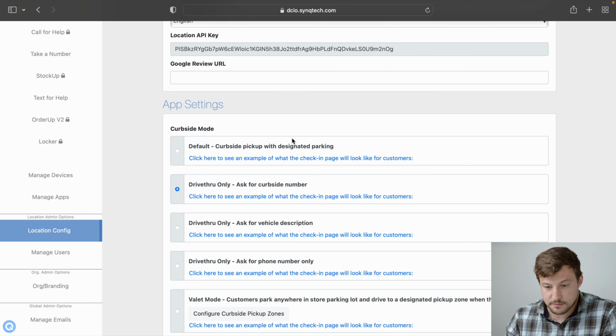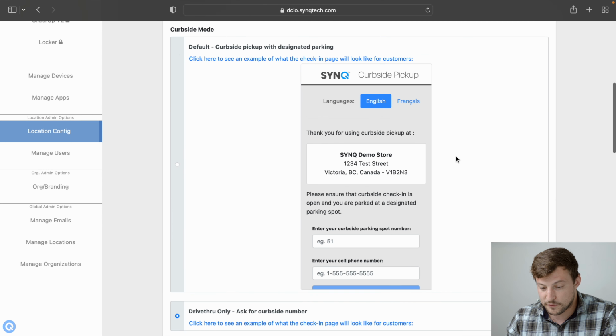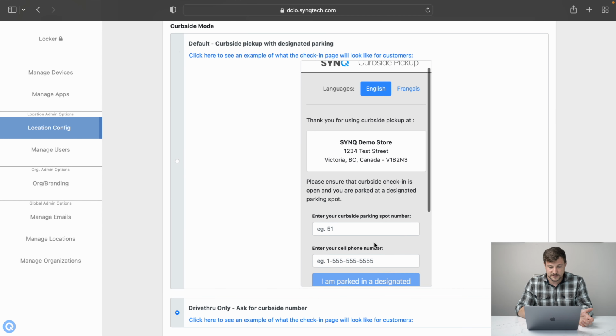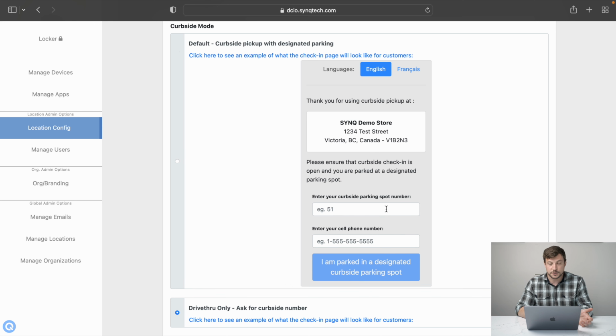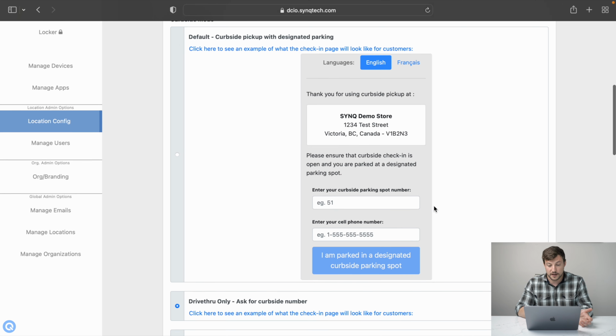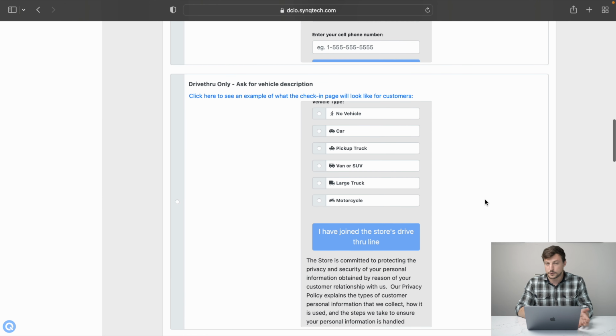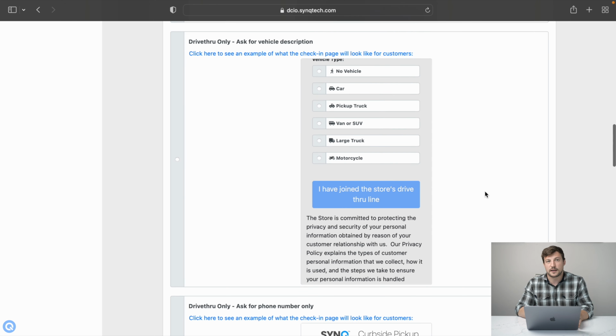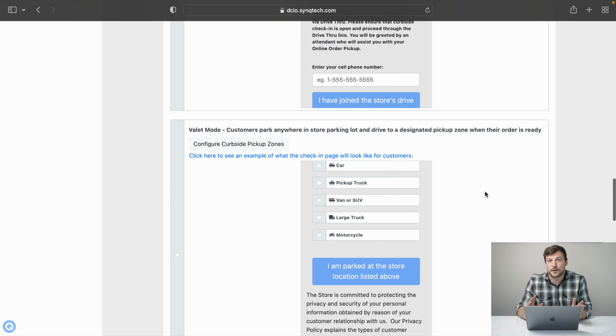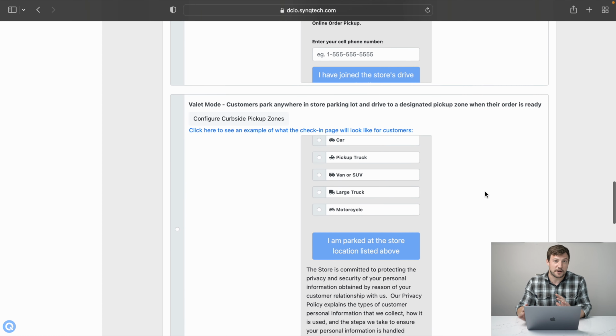We've also got some curbside modes. These are fairly self-explanatory when you click the preview. You can see the various things that it asks for depending on what you choose. So if you want a customer to pick their curbside spot and enter a phone number, they can do that. We also give the option for vehicle description and things like that. So you can really tailor it to the optimal setup for that store, depending on how the parking lot is